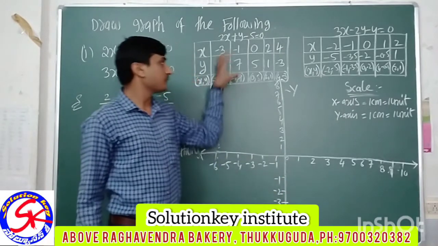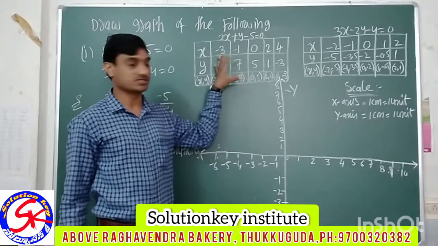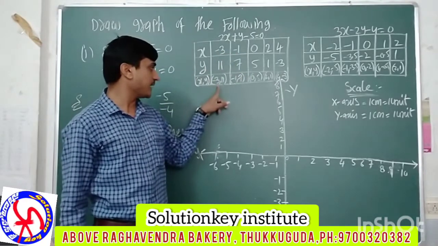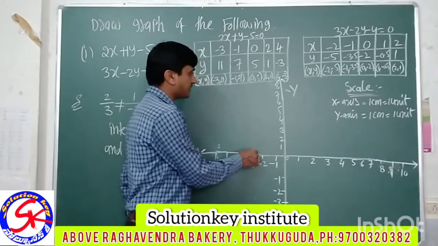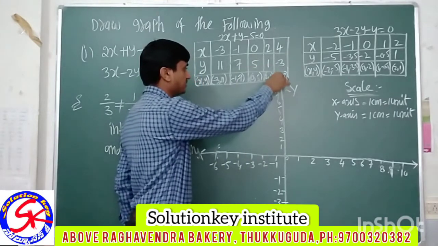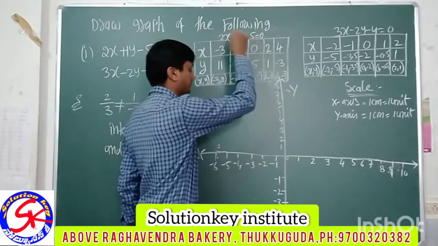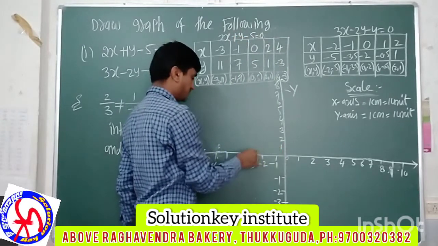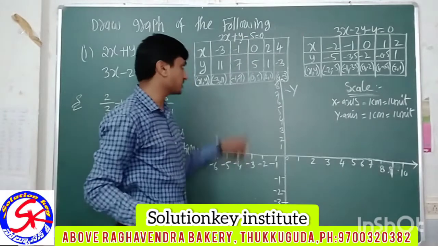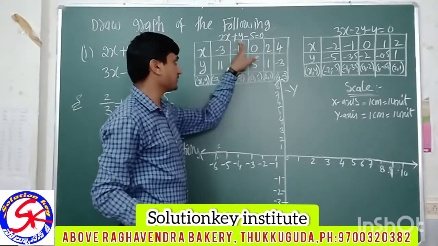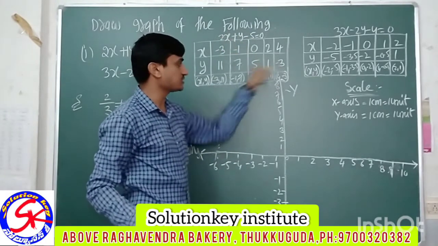First finish this first box. What is the first point? Minus 3 at 11. Minus 3 at plus 11. It is on upside, it is 8, 9, 10, 11 upside somewhere. Minus 3 I am taking somewhere here. Place is not sufficient, no? That's the reason I am taking up. Otherwise you don't consider this. You take all the values.